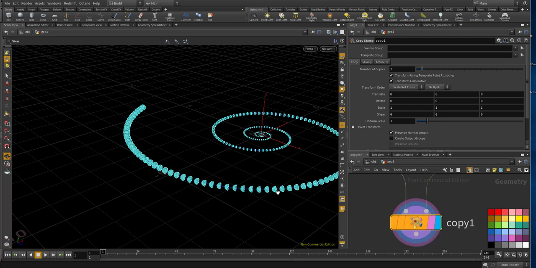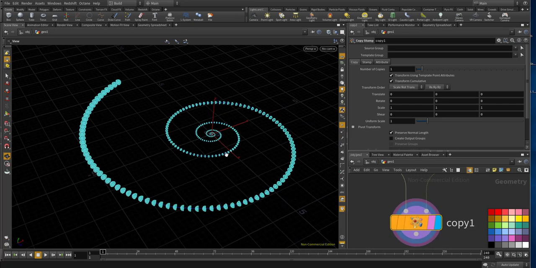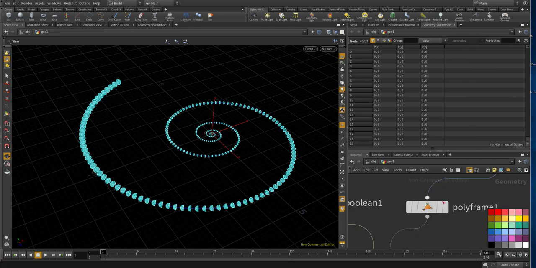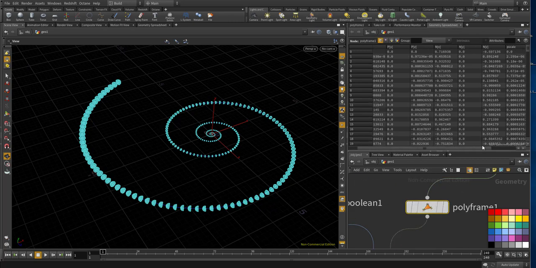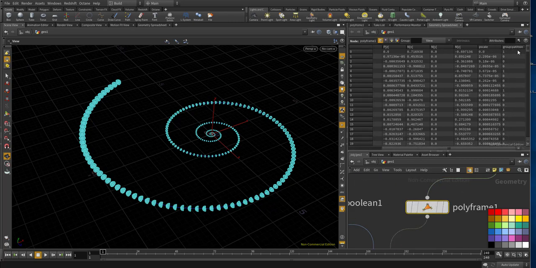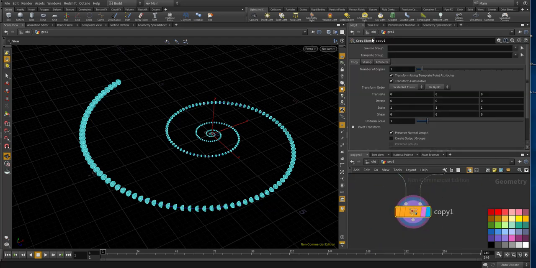Now I don't want to move this to every point position. I just want to move it to where the group is set to partition. So I'll filter the template group to partition,